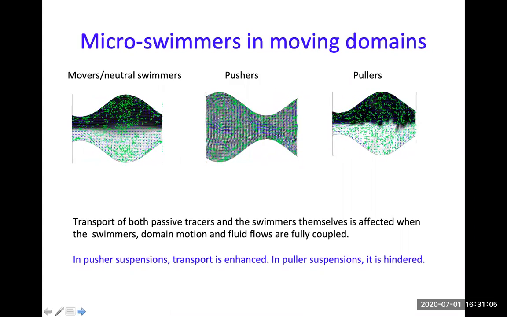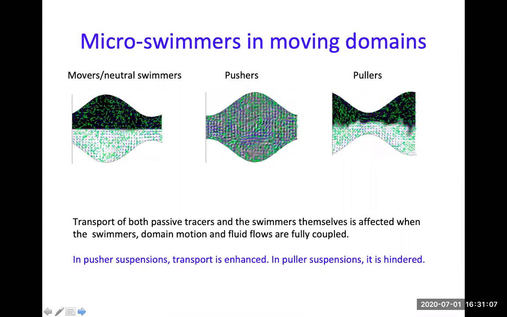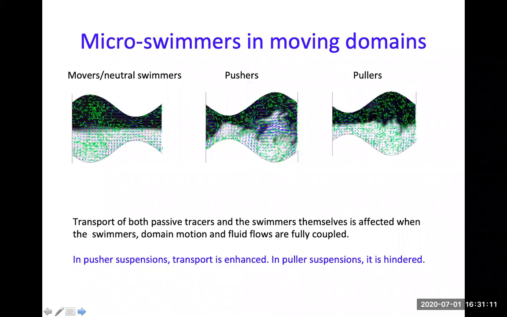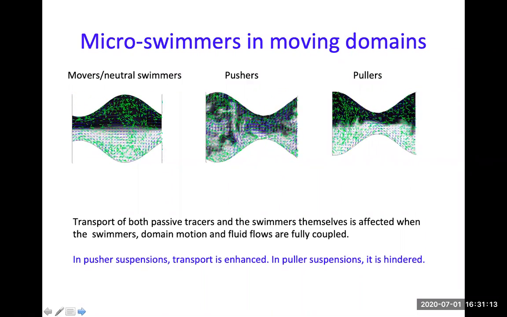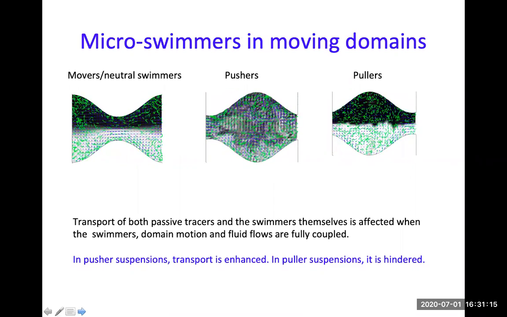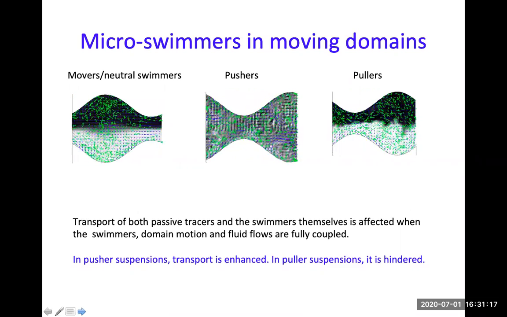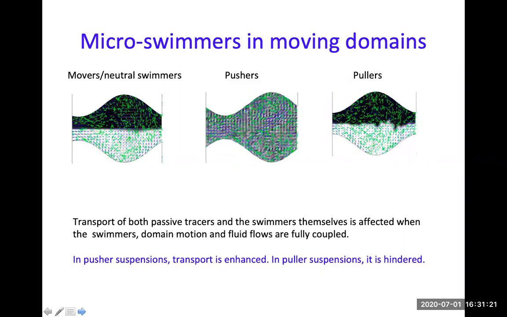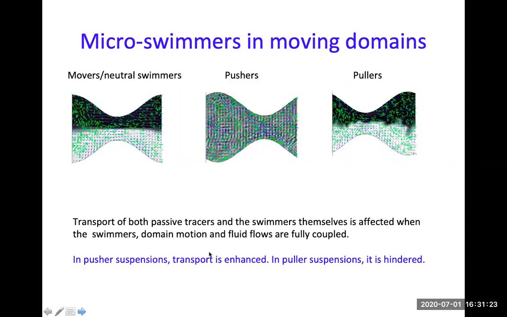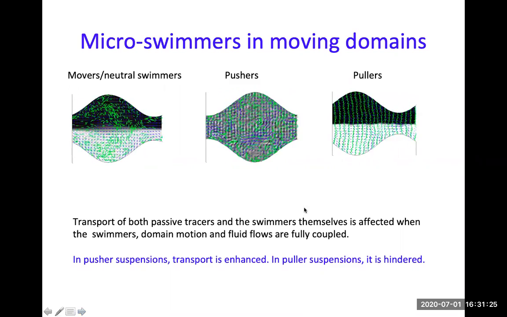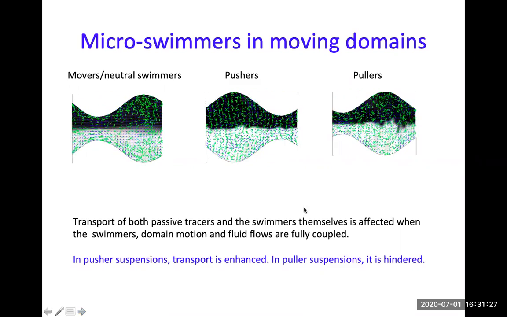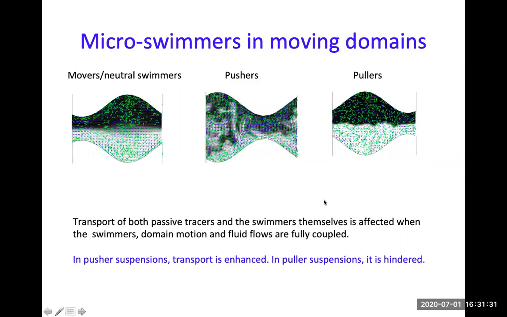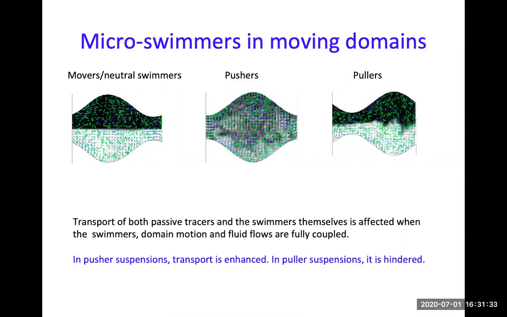However, if you have pushers like bacteria or pullers like the algae, the dye field gets mixed. And with pushers, it gets mixed pretty fast, right? You will see that the dye field, black and white, gets mixed, because the pushers will swim collectively and also mix the material. For pullers, there is also a little bit of mixing, but not as efficient as the pushers. The pullers are also dragging some fluid flow along, but again, nothing as efficient.